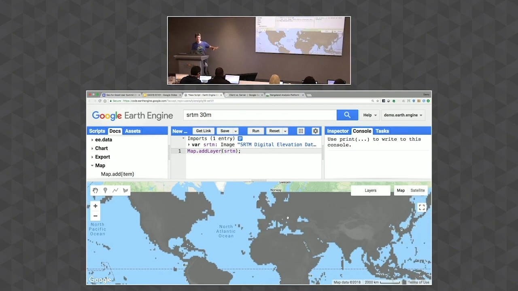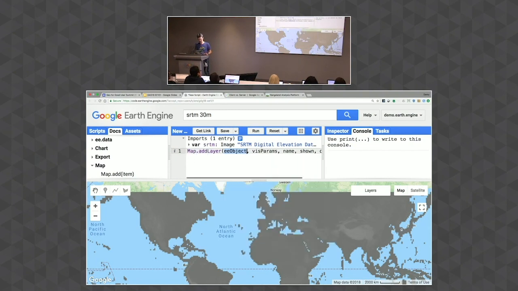And the reason it looks this way is that it doesn't know how to map at this point the lower end of elevation and the upper end of elevation in a way that actually makes sense for looking at it. So we're going to have to provide a little bit more information to it. And so what I'm going to do is backtrack up a little bit and show off